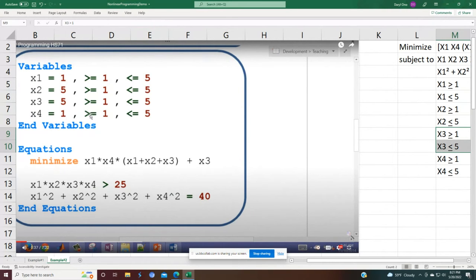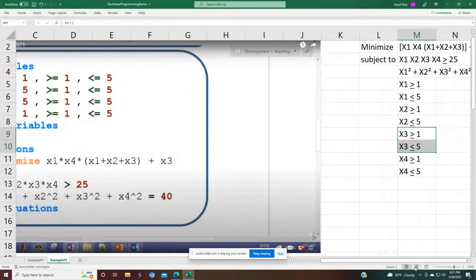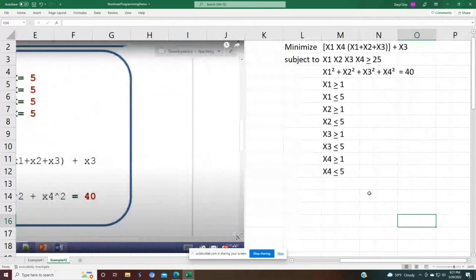And then finally, right here, X4 is greater than or equal to 1, and X4 is less than or equal to 5. So basically, for X1, X2, X3, and X4, all of them are bounded. It has to be greater than or equal to 1, and less than or equal to 5. So this mathematical programming that we have here, you could see that we have the objective function, but now